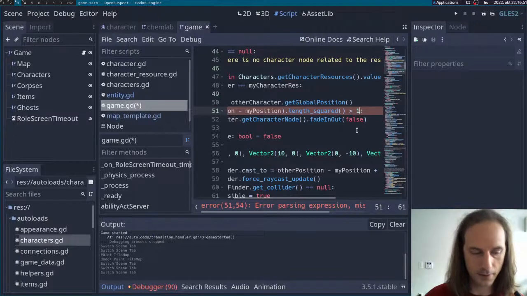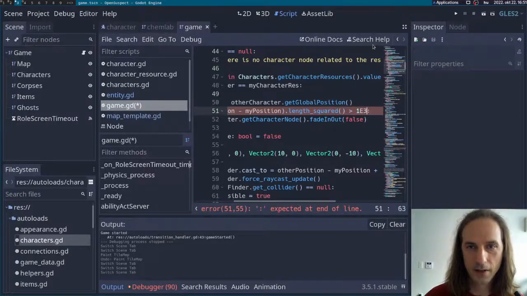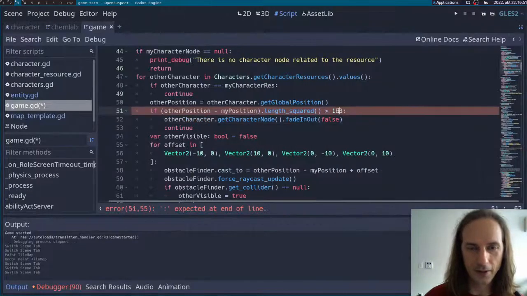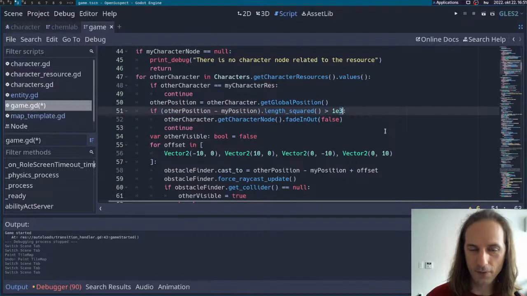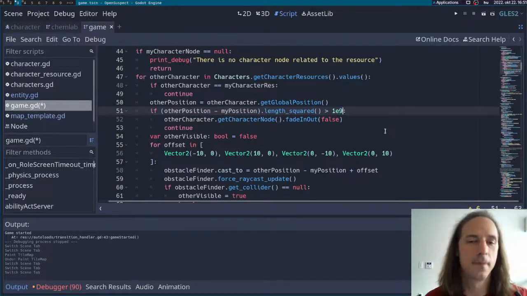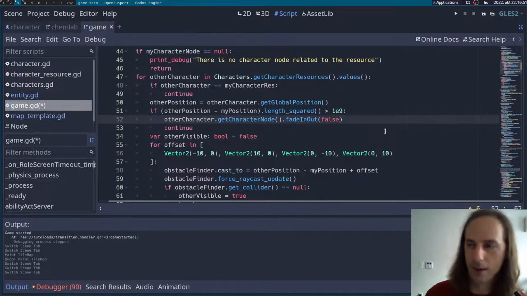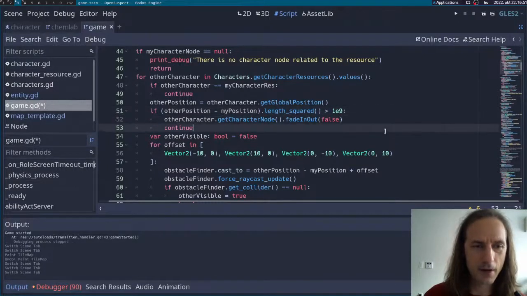And 1000 is 1 times 10 to the 3. Can't I just use like a... Yeah, okay. And the square of that is 1 times 10 to the 6. And if this is farther away, then fade out. Okay, so